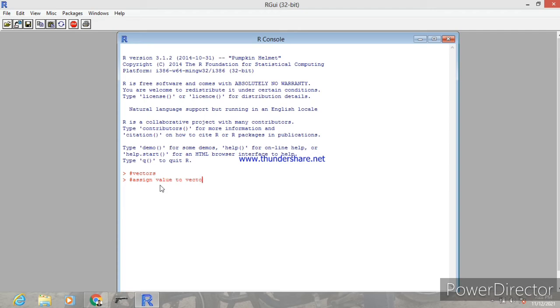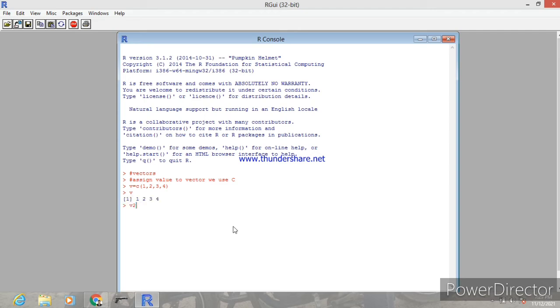Whenever you assign a value to a vector, we use c, like v equals c open brace 1 comma 2 comma 3 comma 4 and close brace. Just enter, and the value will be stored in v. Display v, and the values are displayed: 1 2 3 4.